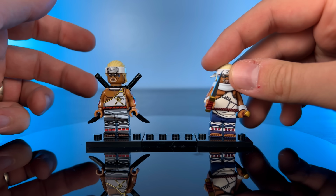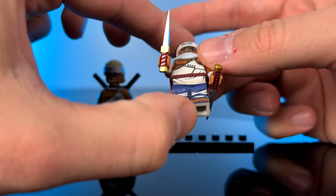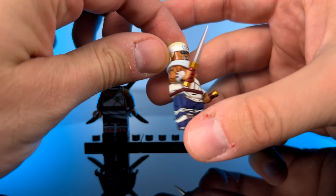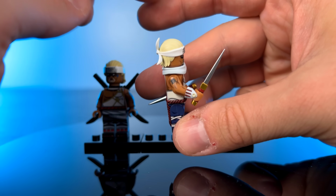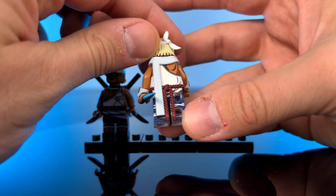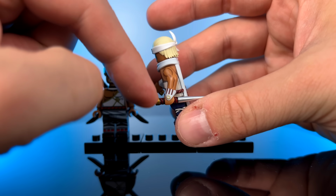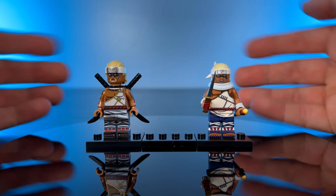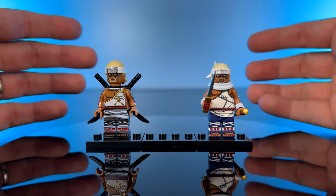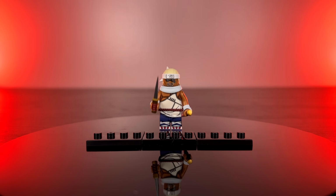Now for the custom, this was actually made as a collaboration between someone called Cheese Studio and Ola Amigo. So Ola does amazing work so far, so we can see that translated over into the way that this was brought to life. Love the accessories with the swords and the sculpting of the outfit. I do love it when it's not a pad print, but it's actually a physical object that's on there. So really everything about that minifigure is perfect, and it does come with something else that adds a lot of extra value to it. And that would be...